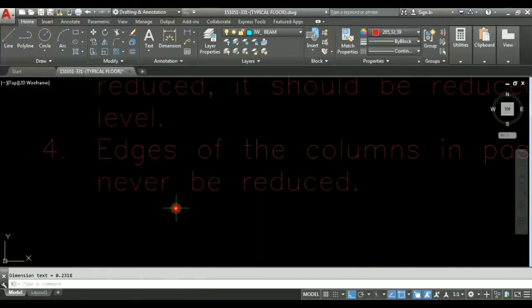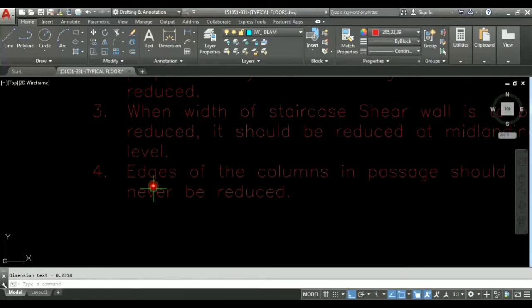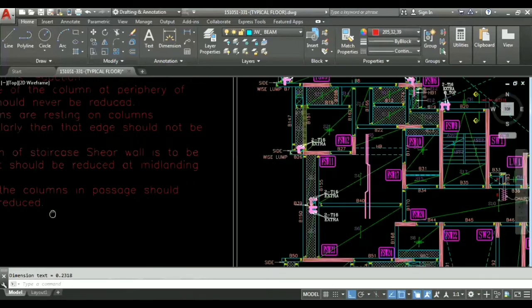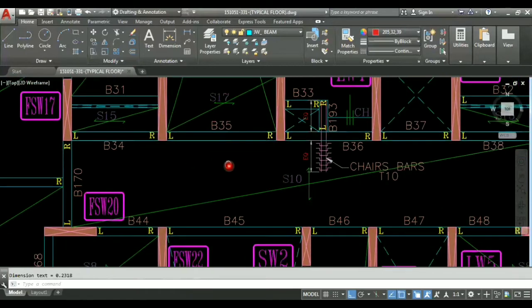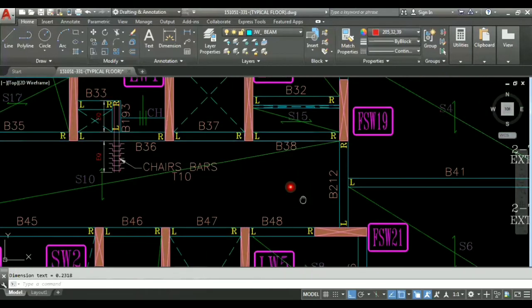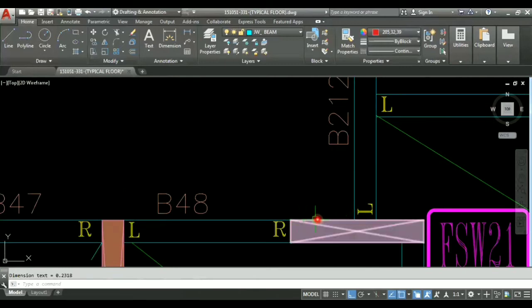Now the last point is, edges of the columns in a passage should never be reduced. For example, in this passage, if we see the edge of column FSW21, then this edge should never be reduced. The edge where I am tracing my cursor should never be reduced in width because this edge lies in the passage.